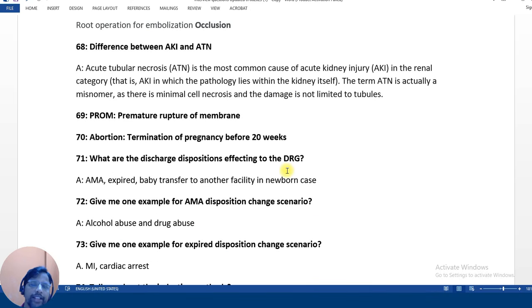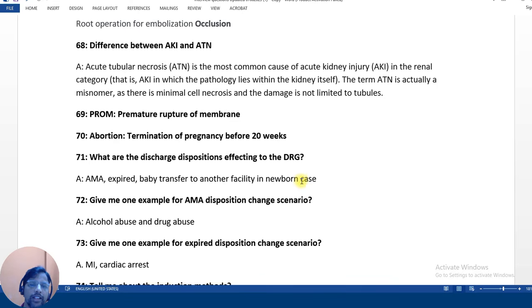So what is the difference between AKI and ATN? Acute tubular nephrosis is the most common cause of acute kidney injury. So here ATN is the underlying cause in the renal category. The term ATN is actually a misnomer, as there is minimal cell necrosis and the damage is not limited to